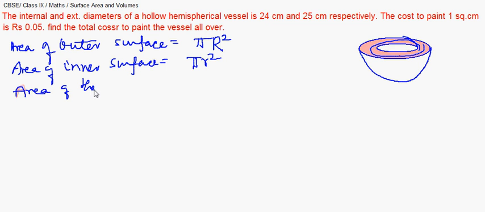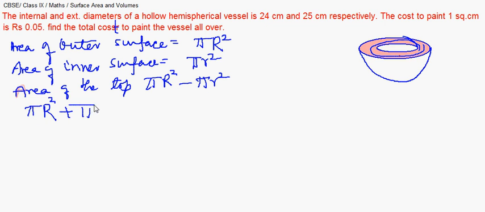Area of the top is pi r square minus pi r square. So we have to add all these three things to get the area to be, did you say I made a mistake? Yeah. To find the total area to be painted, because only when we find the total area to be painted we multiply it by the per square feet cost to get the total cost. To add this, I'll substitute with these figures later on once I arrive at the final formula, because herein I can take common